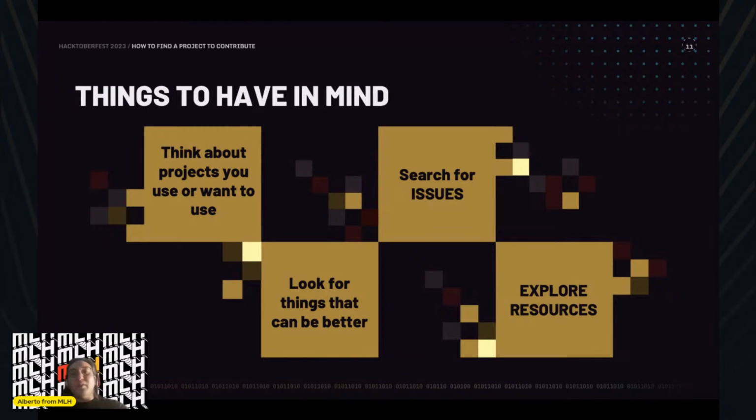And I'm going to share one list with you. Actually, it's an article from the GitHub open source guide.